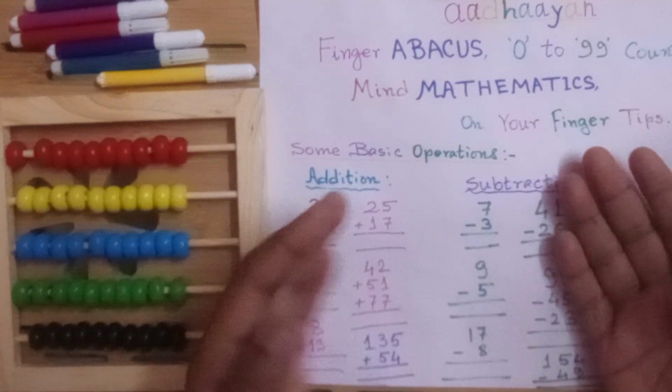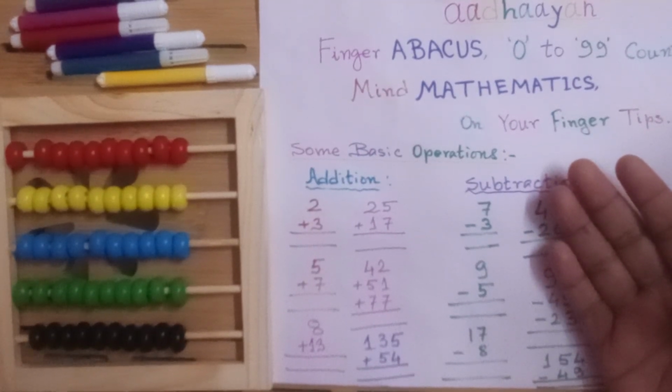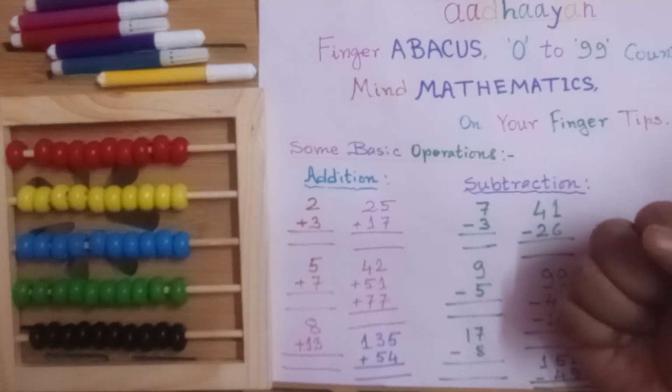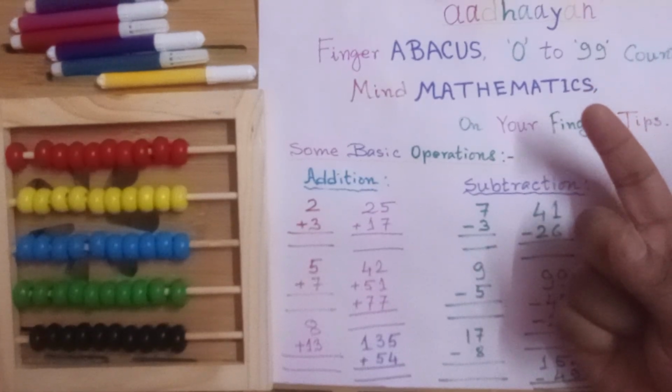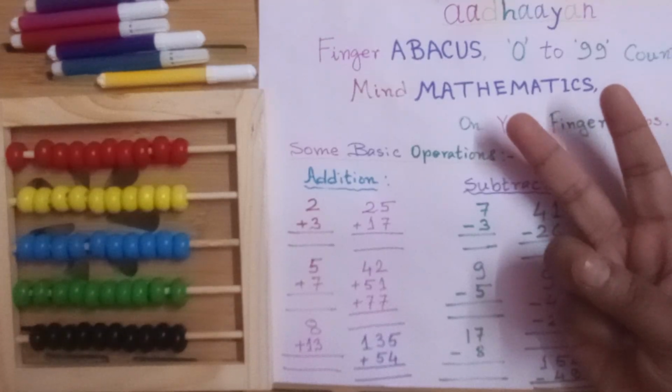The first one is 2 plus 3. So as per finger abacus, 2 will start from 0, then 2, 1, 2. After that